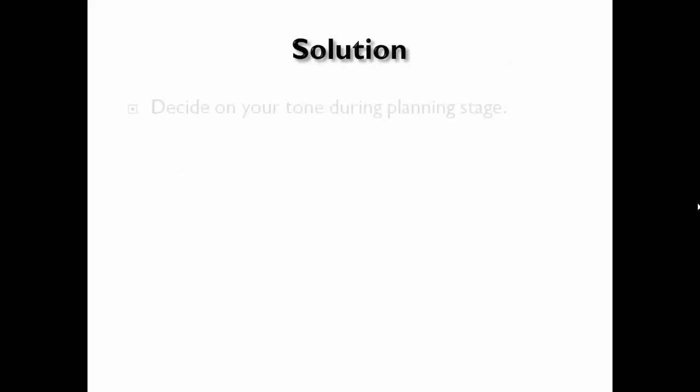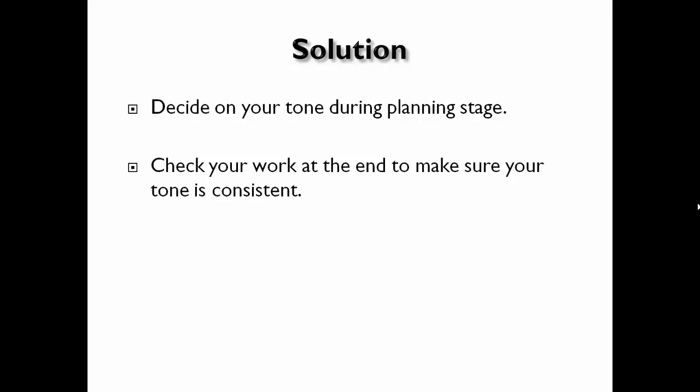So the solution to this is decide on your tone during the planning stage. So when you're planning, as I taught you before, make sure you decide if it is an informal or a formal letter before you start planning. And also check your work at the end to make sure your tone is consistent. Now, in modules 8 and modules 10, I'm going to show you the language that you should use in order to make sure your letter is formal or informal. So just during the checking stage at the end, after you finished your letter, just make sure that everything is